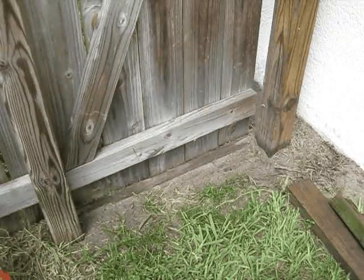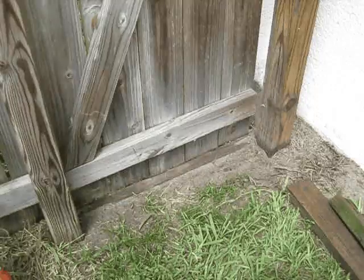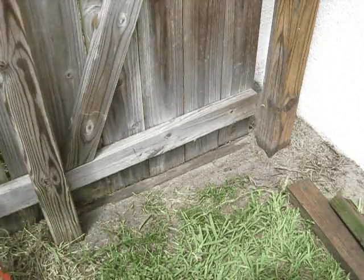This is a video on how to deter animals from digging under a gate. To keep this video as short as possible, I'll do a separate video on how to keep animals from digging